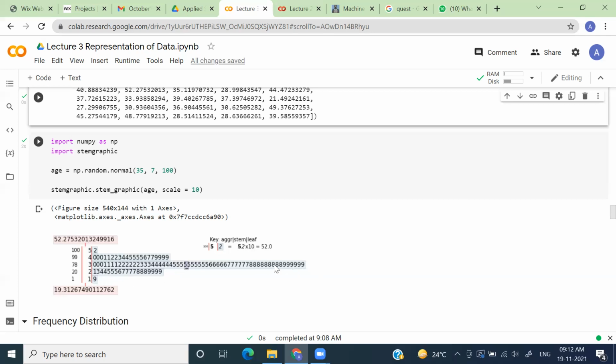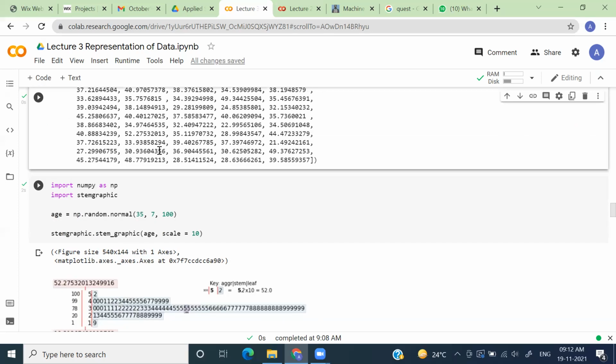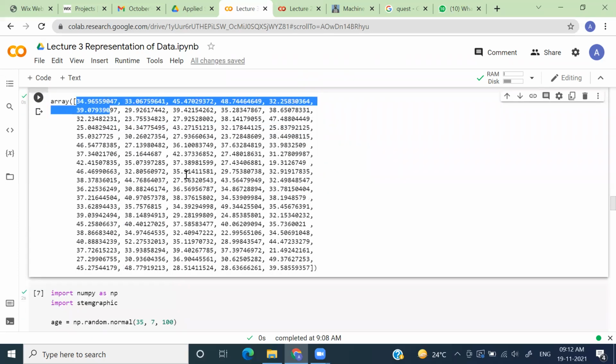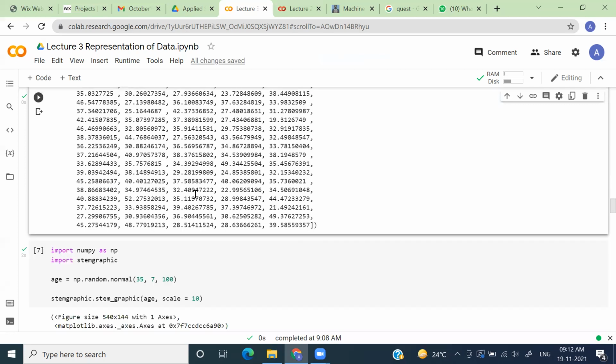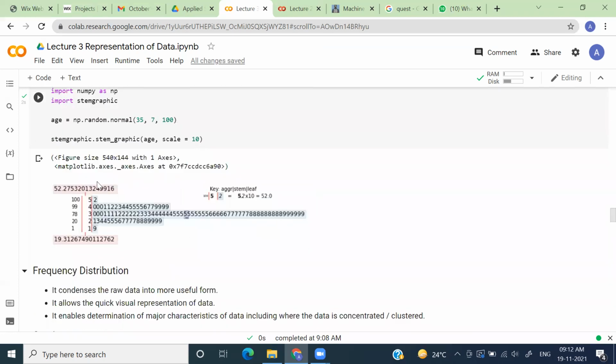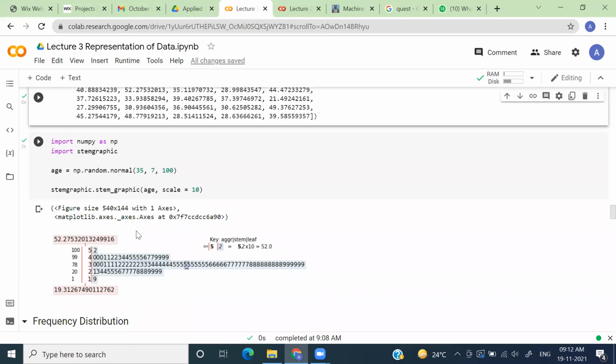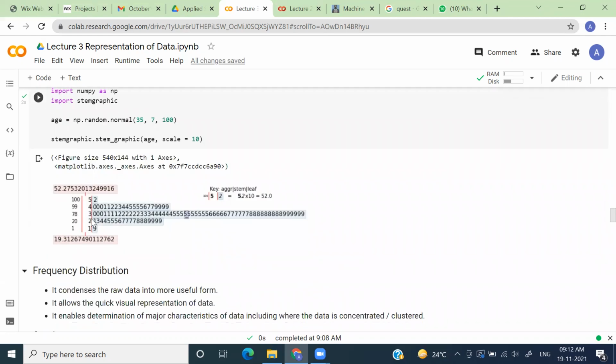Just by looking at this figure, this chunk of numbers, if I had asked you the same question, you would probably have taken more time to answer. By just looking at these numbers, it's not really making sense. We're not able to derive insight, but the moment we visualize this data in the form of a stem and leaf diagram, it's very understandable that the majority of ages fall between 30 to 40, right? So this distribution is centered around the interval 30 to 40.